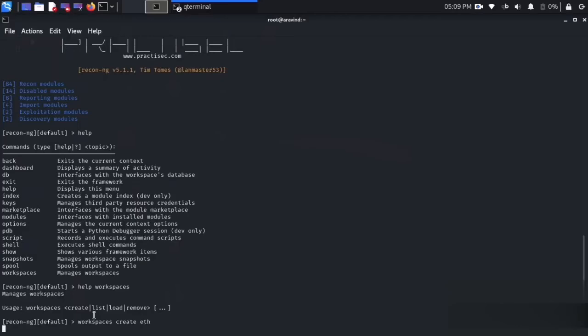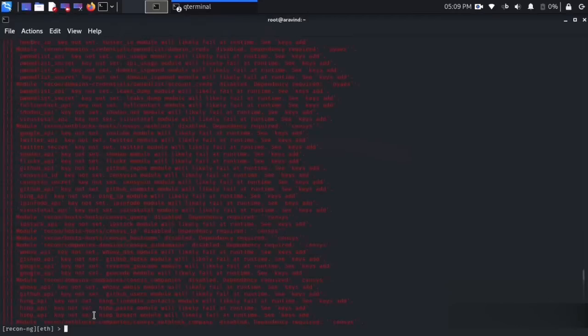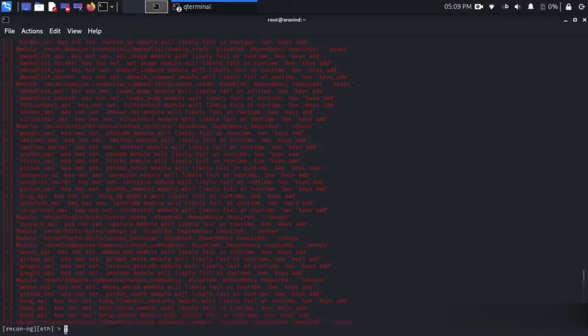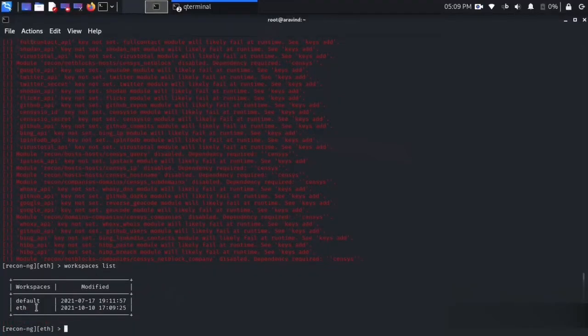So here I am giving ETH simply for ethical hacking. Now in order to list the workspaces, we can simply give workspaces space list. So you can see the ETH that we have created has been added to the list.